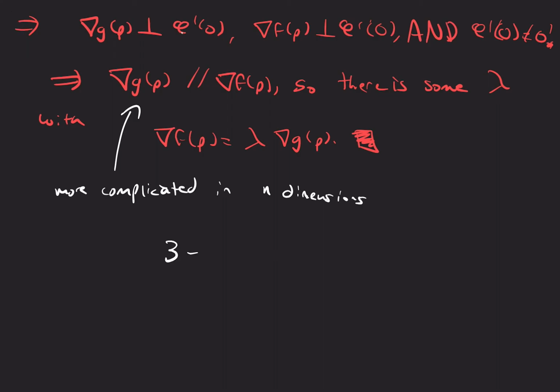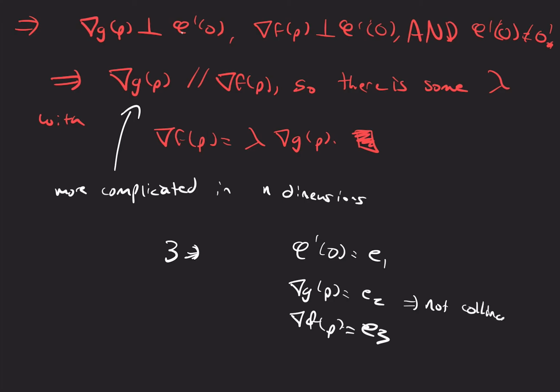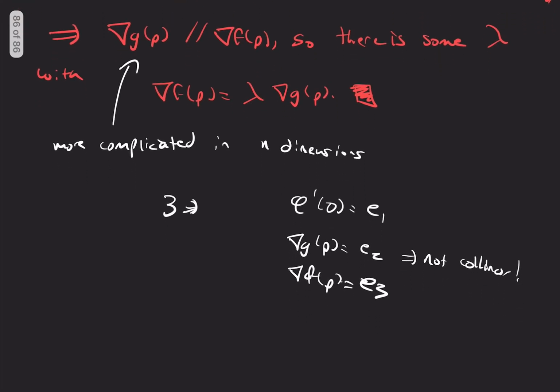Because let's look at 3 dimensions. Just consider phi prime of 0 is E1, gradient of g of p is E2, gradient of f of p is E3. They're not collinear, right? Because now you have an extra dimension where they're both orthogonal to phi prime of 0, but they're not